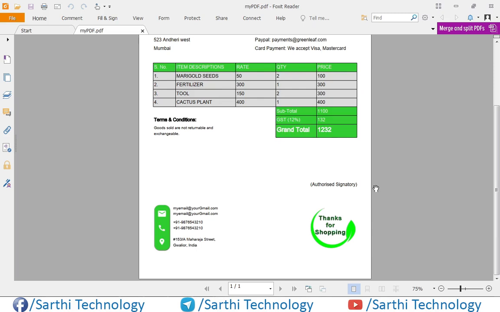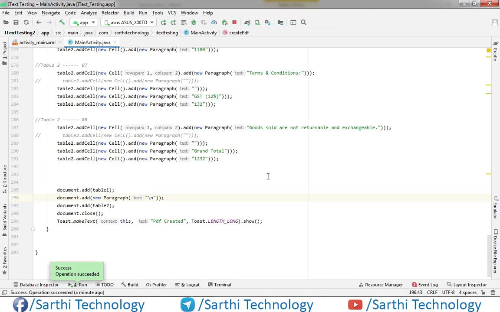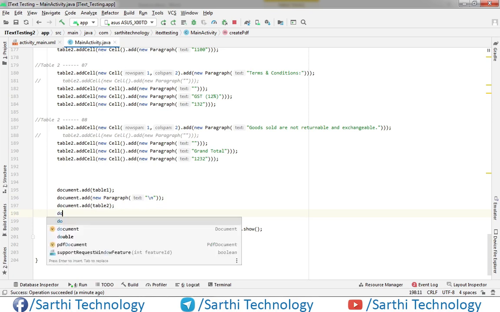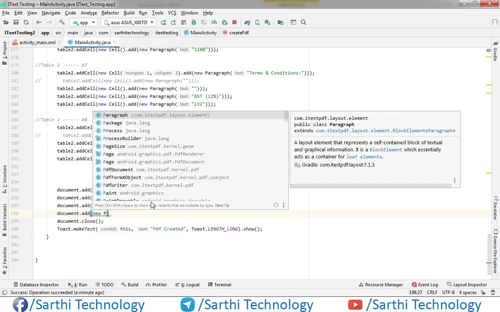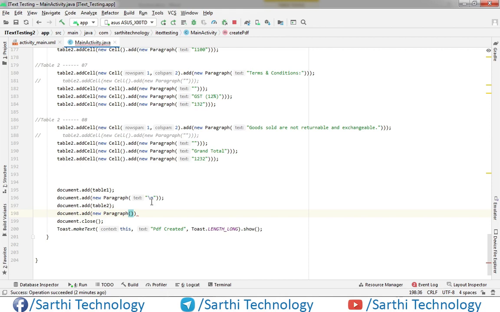Now we will add this, then this and this. Okay, so first this authorized signatory, and for that here we will add document dot add new paragraph, and here first some new line, then our text.